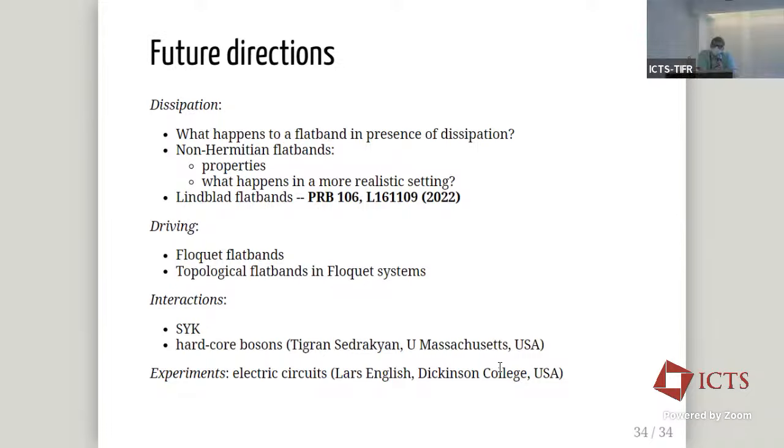Then I guess it would be related to something like a harmonic oscillator. But again, in your case, many of the properties are very similar. It's dictated by the diamond chain, which, in a good sense, is a bit of an oddball in the flatband